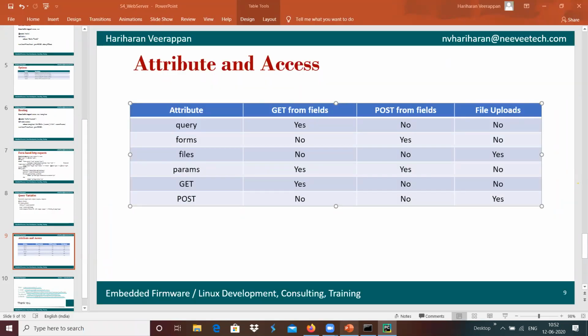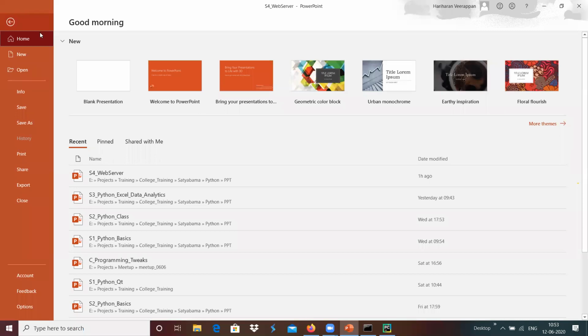And before going into it, I have the options that we will see over here.